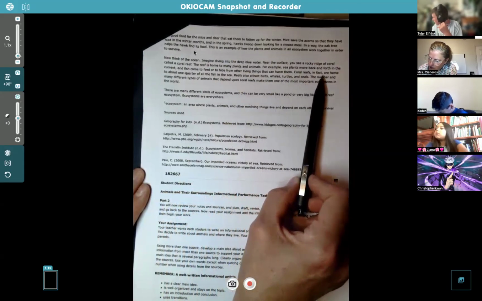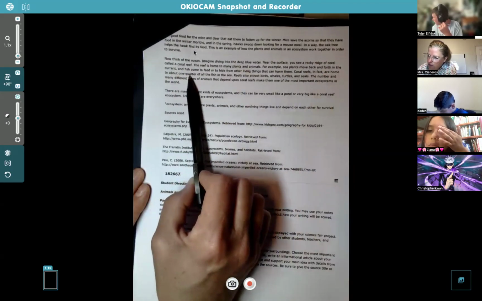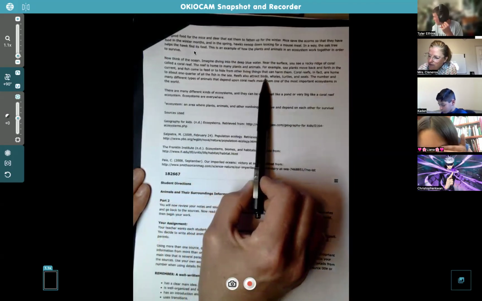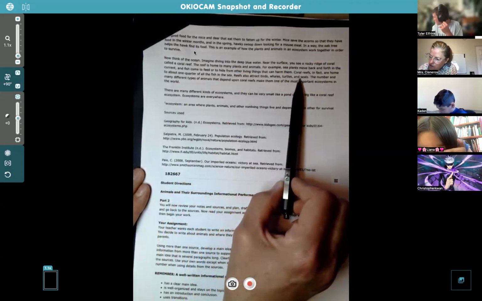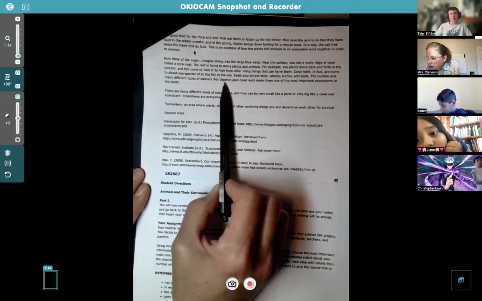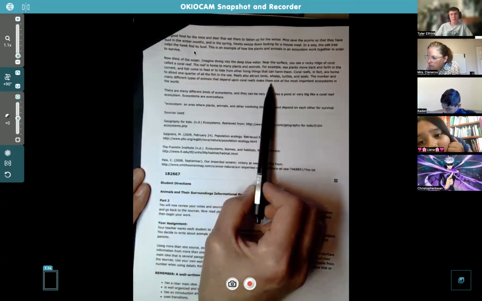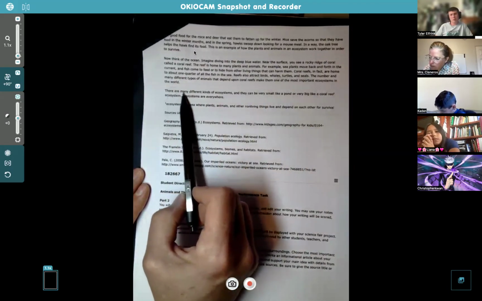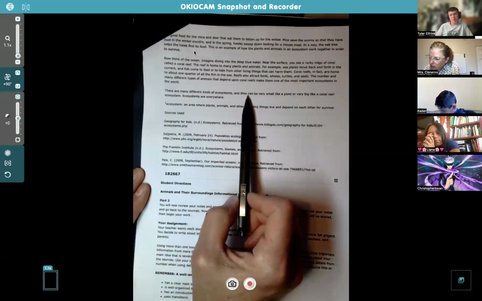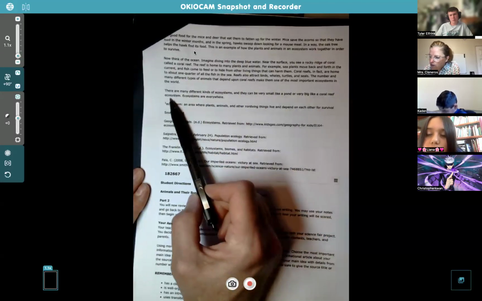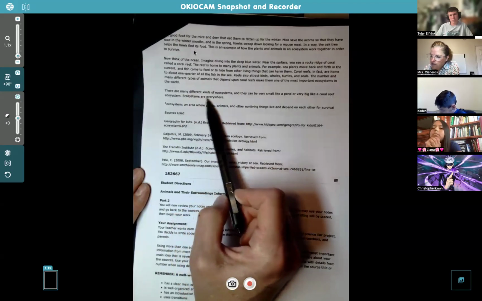Coral reefs, in fact, are home to about 1/4 of all the fish in the sea. Reefs also attract birds, whales, turtles, and seals. The number and many different types of animals that depend on coral reefs make them one of the most important ecosystems in the world. There are many different kinds of ecosystems, and they can be very small, like a pond, or very big, like a coral reef ecosystem. Ecosystems are everywhere.